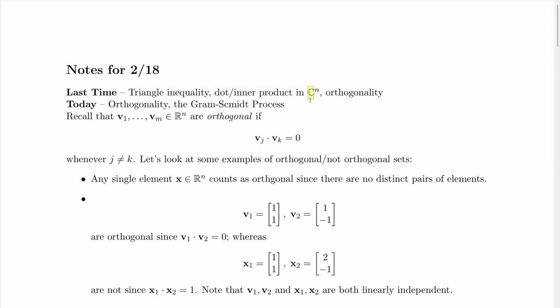And we're going to generally stick again with Rn for things, but everything for Rn can be upgraded to CN, where instead of using the dot product, as we see here, you would use the inner product instead. Okay. All right, so recall that we announced a list of things in Rn to be orthogonal if their pairwise